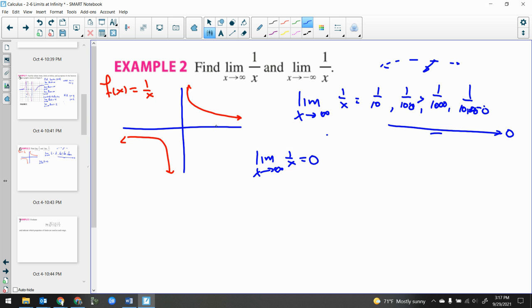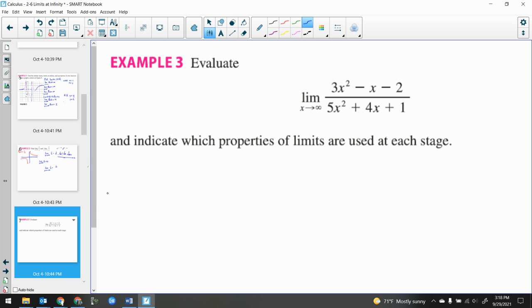Do we see the horizontal asymptote there? Hope we do. Let's think about it in the negative direction. The limit as x goes to negative infinity of 1 over x is equal to, well, as I go to the left side, the same thing is going to happen. It's just going to be negative, really small numbers. Isn't it still going to go to 0? Yeah, it's still going to go to 0. So we can say the limit as x approaches infinity of 1 over x, or going into the negative direction, is 0.